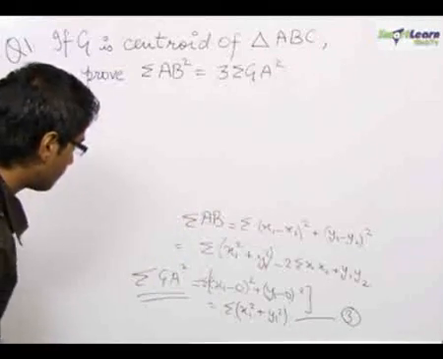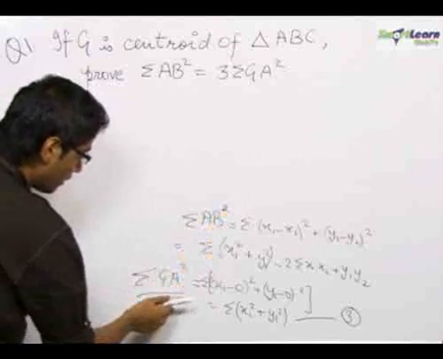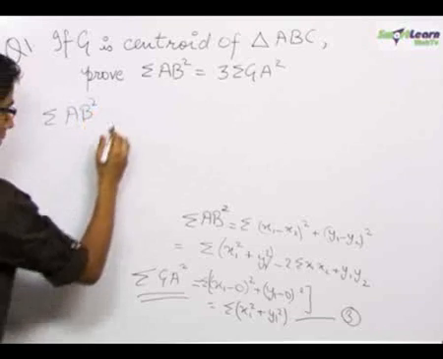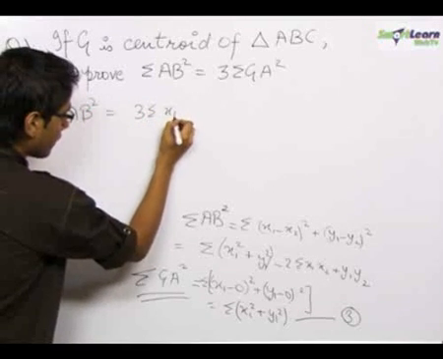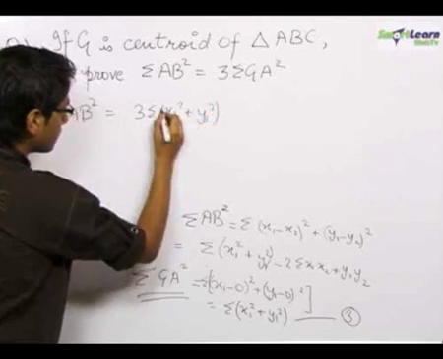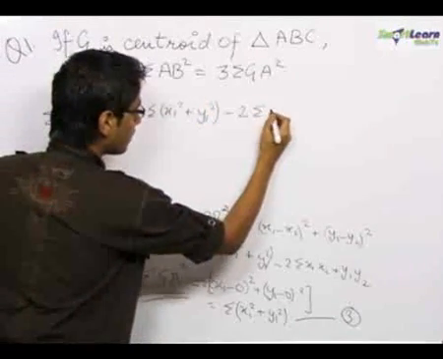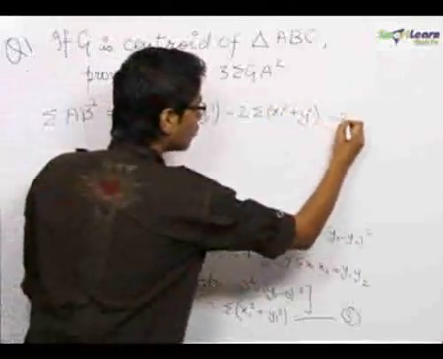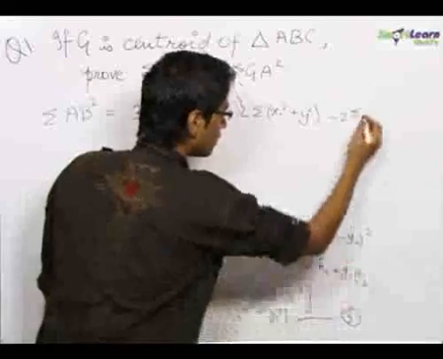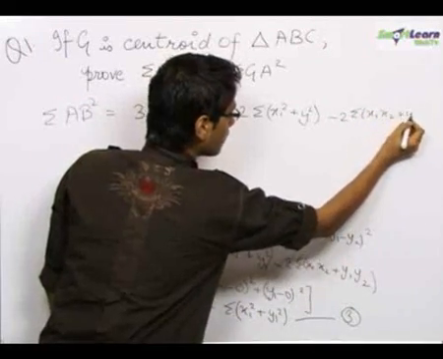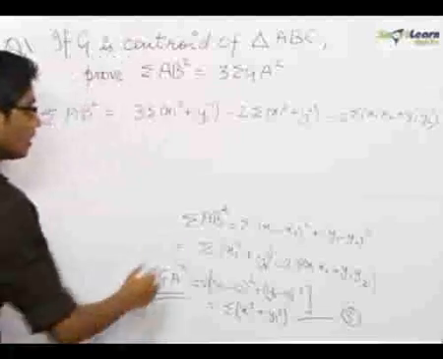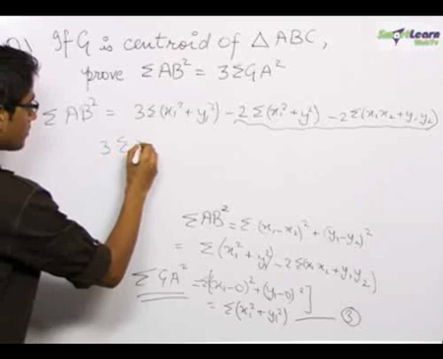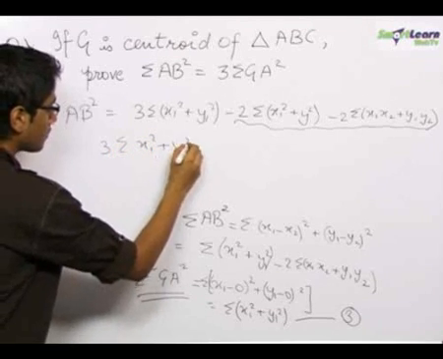Now we try to convert sigma AB square into a relation of sigma GA square. We can write sigma AB square as 3 times sigma x1 square plus y1 square minus 2 times sigma x1 square plus y1 square minus 2 times sigma of x1 x2 plus y1 y2. Now we club these two terms together. This becomes 3 times sigma of x1 square plus y1 square